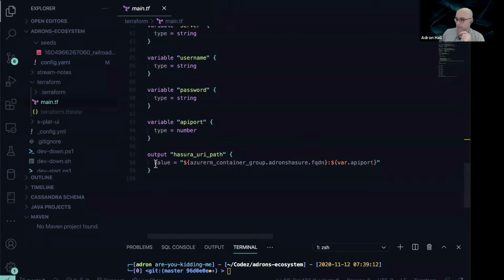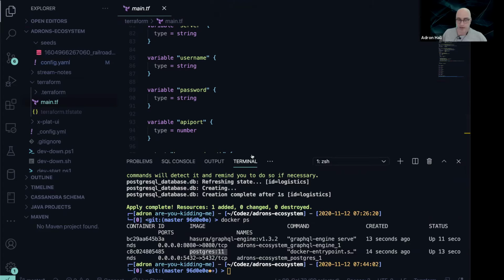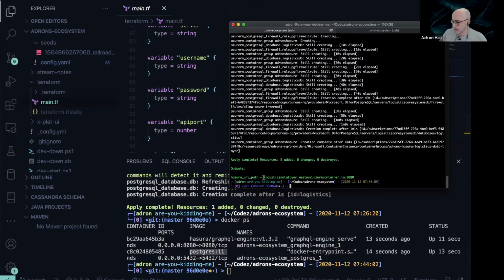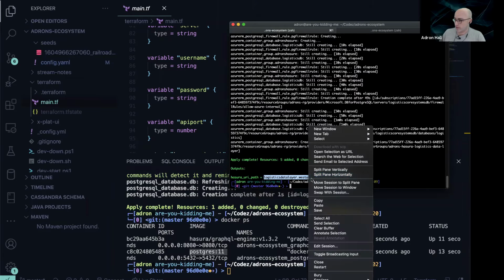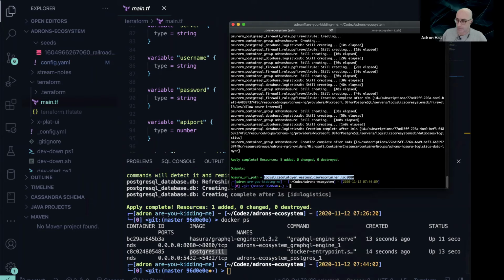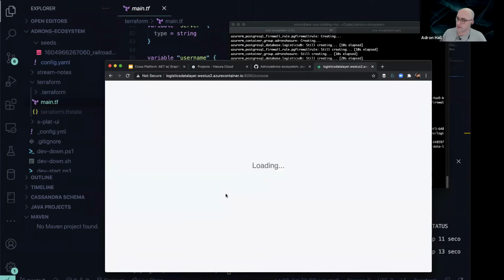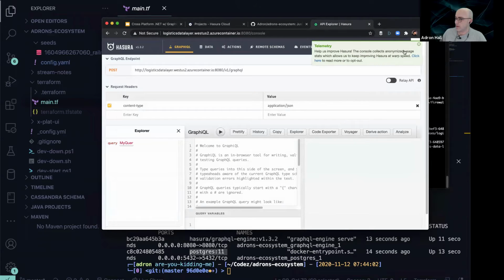I have one thing that I did add here, this output variable. I added this for one specific reason. I am lazy. I don't want to open up a browser after I've run this script. So when we go back over to the terminal, where I've just run this, at the very end, it actually spits back out the URI endpoint of where the console is. So I can copy this and then go to where I want to. And boom. Now I have a Hasura server running out on Azure